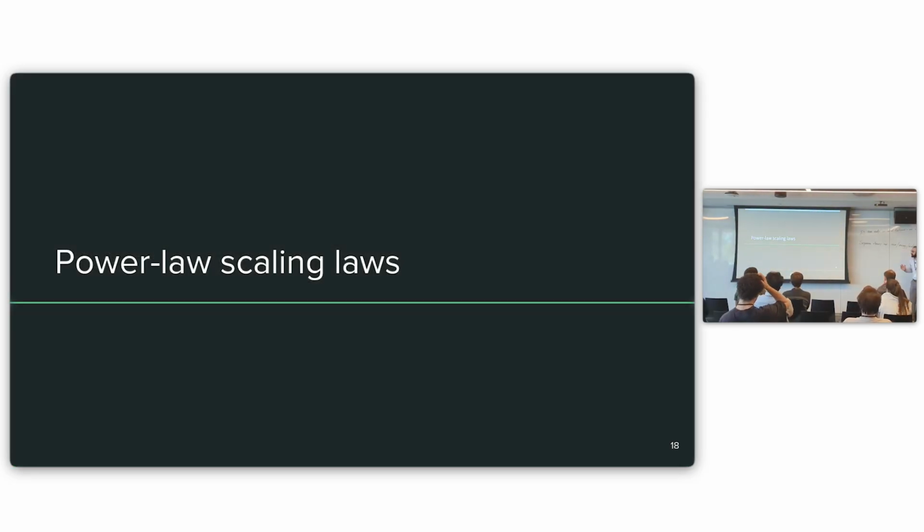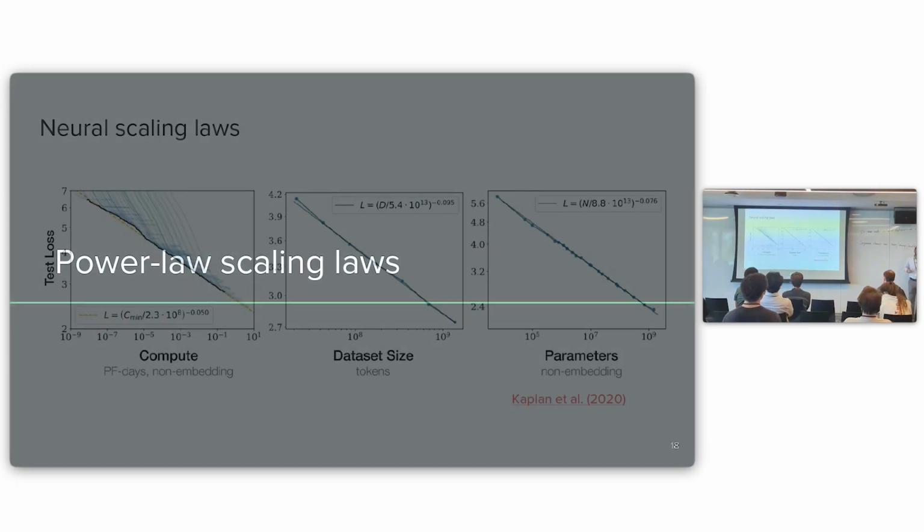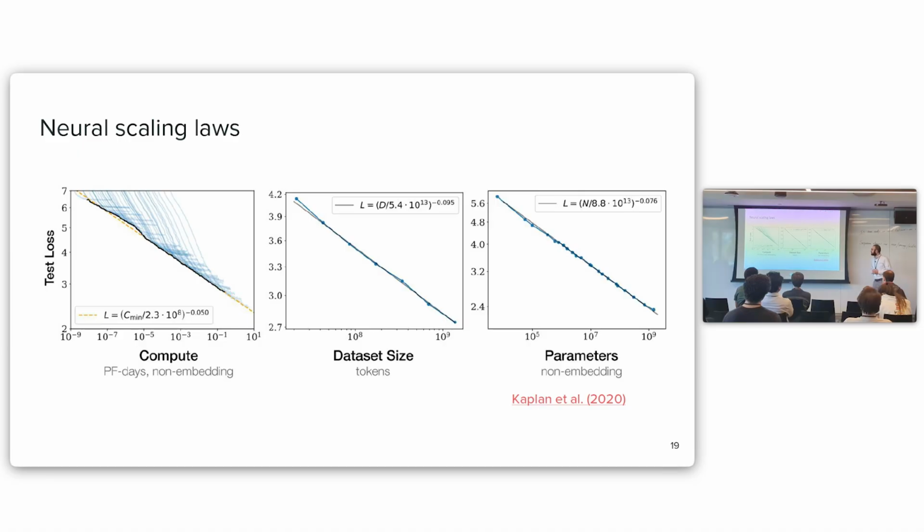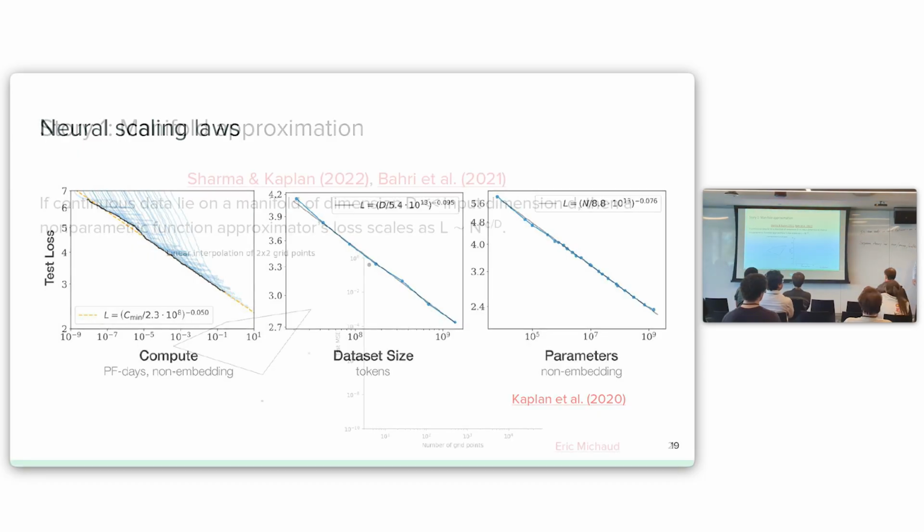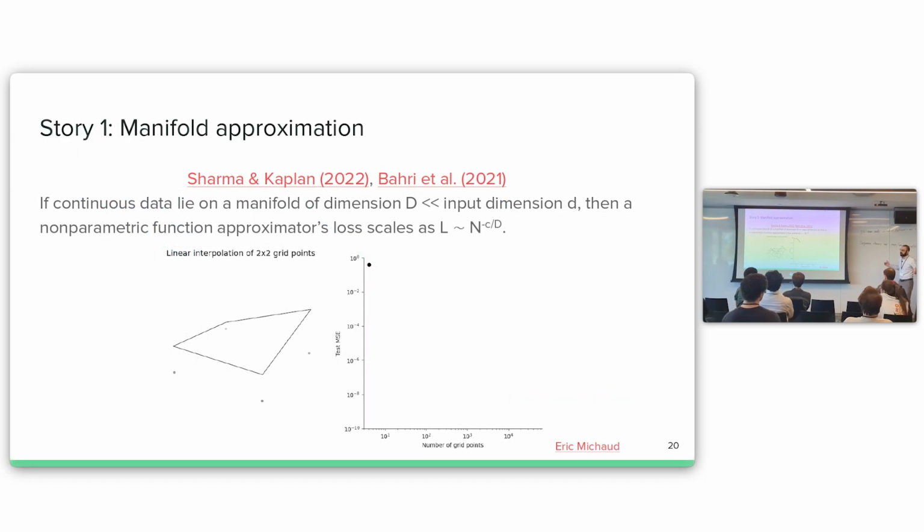Okay, so now I'll talk about some applications of this model. One key observable about neural networks that we've already heard about, and will probably hear more about, is neural scaling laws: as you increase the size of the neural network, the number of parameters or the data set size, the performance increases in an apparently predictable way following a power law. But it's not exactly fully known why this occurs.